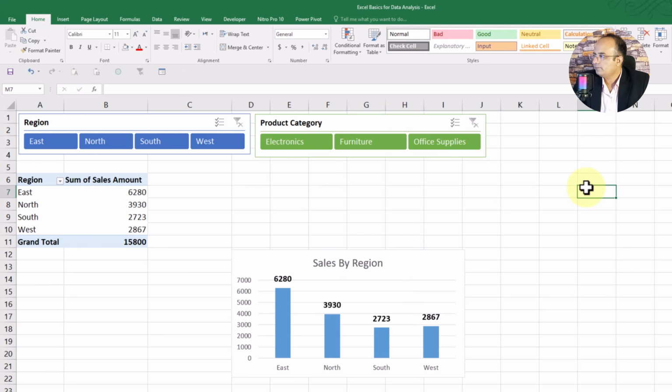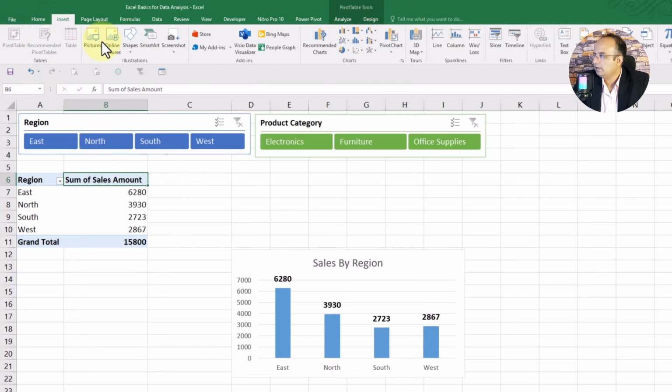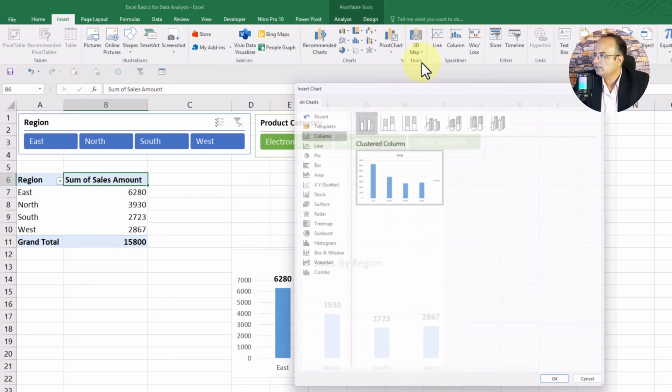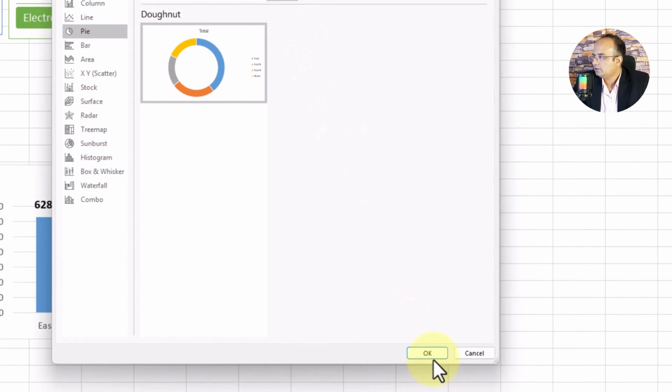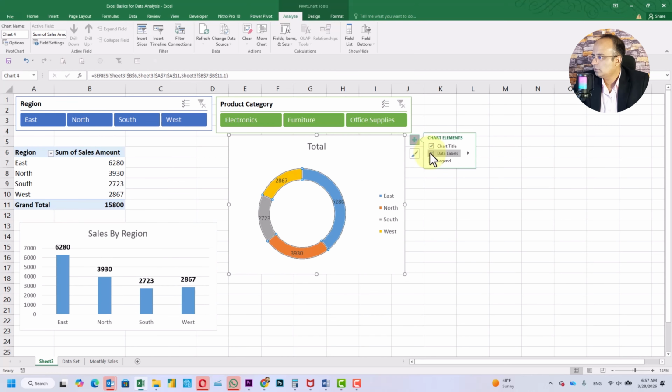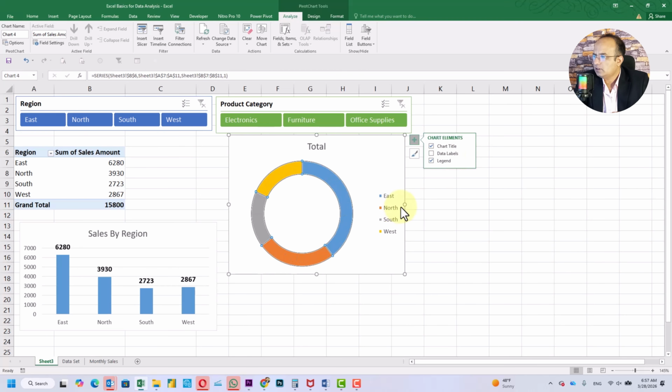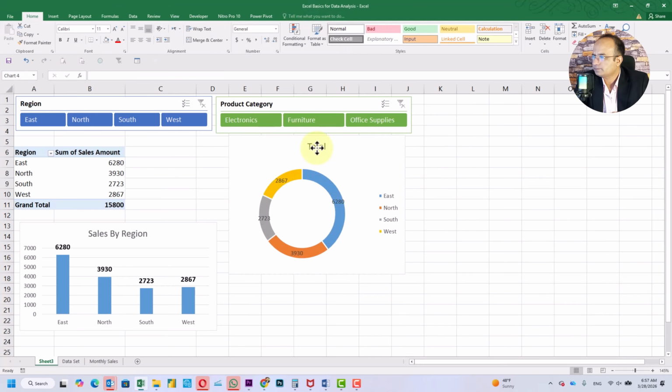Let's add another one. I'll click on the pivot table, go to the Insert tab, pivot chart, and this time I will go with the pie chart, and from the pie chart I will go with the donut chart. Adjust its width. Click to hide all field buttons. Click here to apply the data labels. Here it is giving you other data label options like data callout or whatever your choice, you can select.